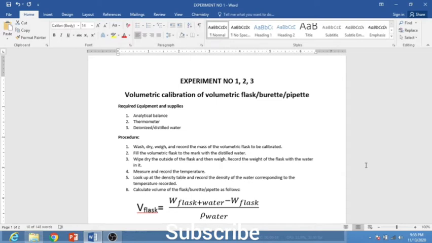and why it is important in pharmaceutical analysis. Because sometimes if we perform an experiment and at the end our results are not according to our expectations, we have to find out some error, whether it is a human error, instrument error or chemical error. It is for your understanding.